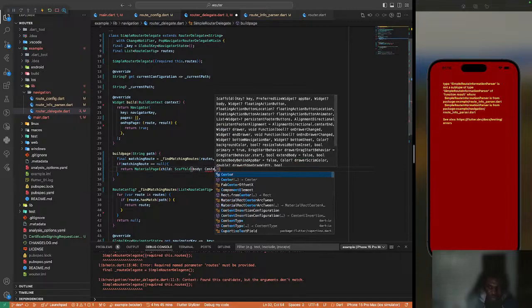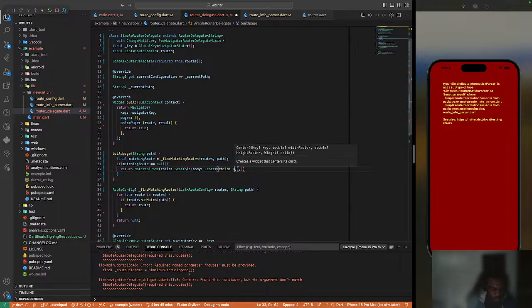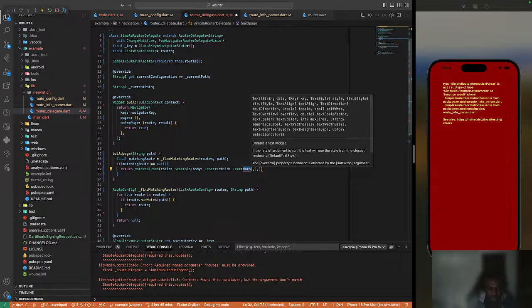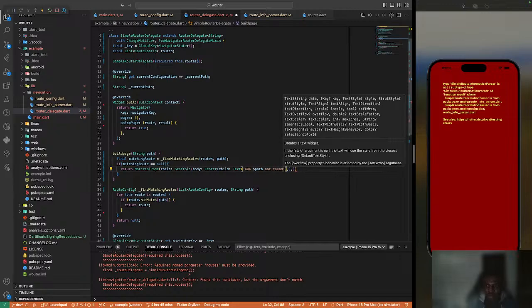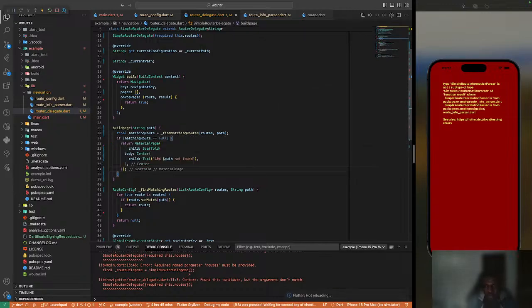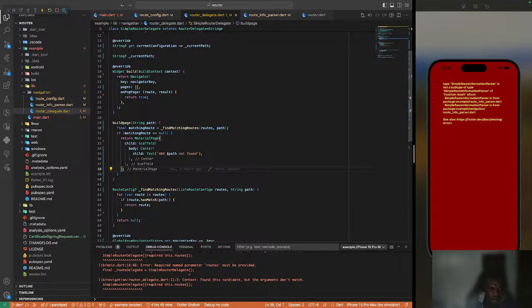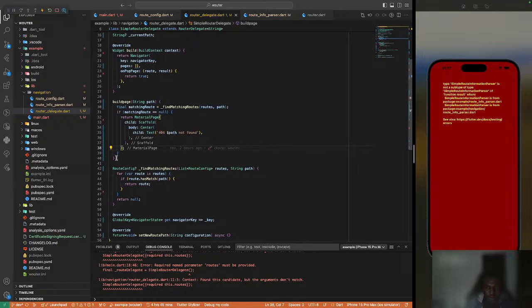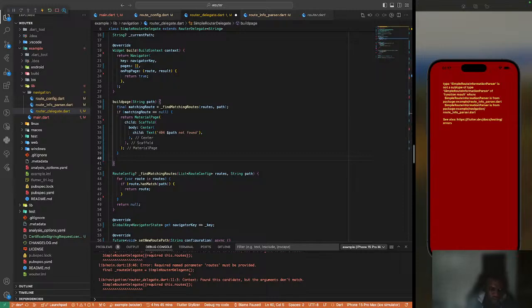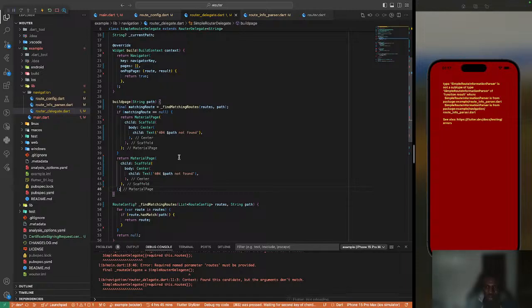Body, center, some text that says 404, the part not found, right? So that's how we're going to build this. So that's the case if the matching route is null. Else when the matching route exists, you just want to return a material page. So similarly, when it exists, just return me a material page